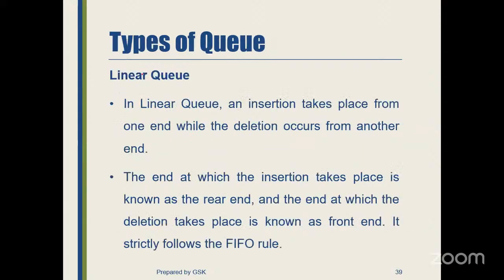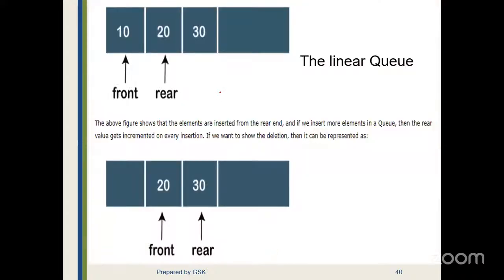Then the types of queues: linear queue. In the linear queue, the insertion takes place from one end and deletion takes place at the other end. We covered that point already, and that follows the FIFO rule. So this is the example structure for the linear queue. See, these are the elements inserted